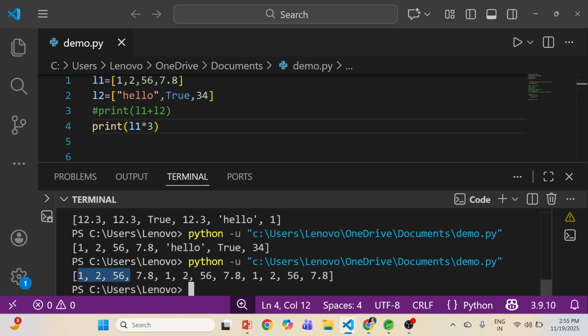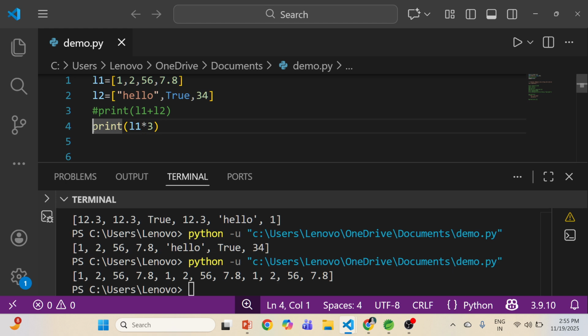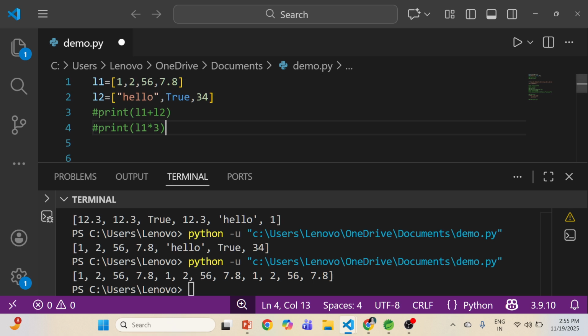You can see 1, 2, 3. 3 times it is repeating. So basically these are the operations of a list.